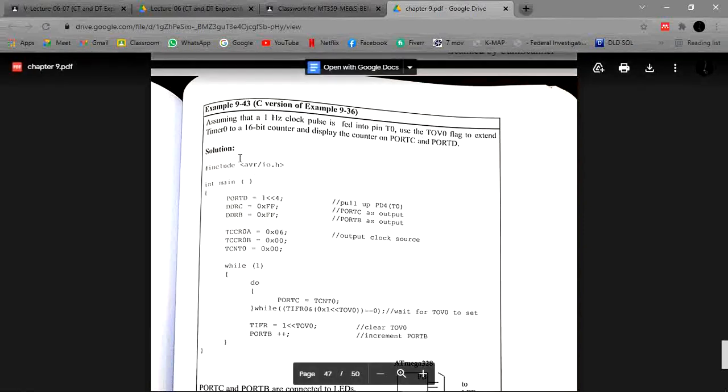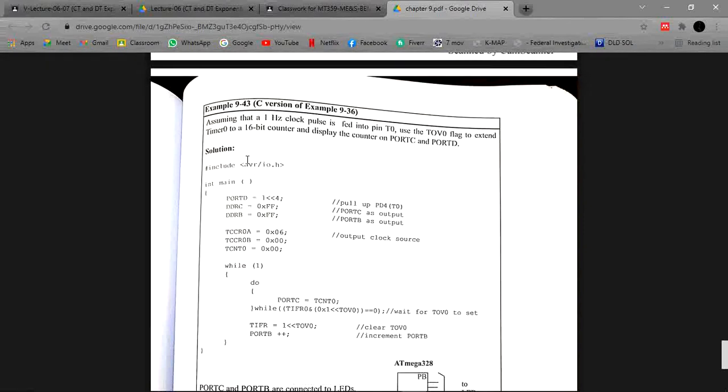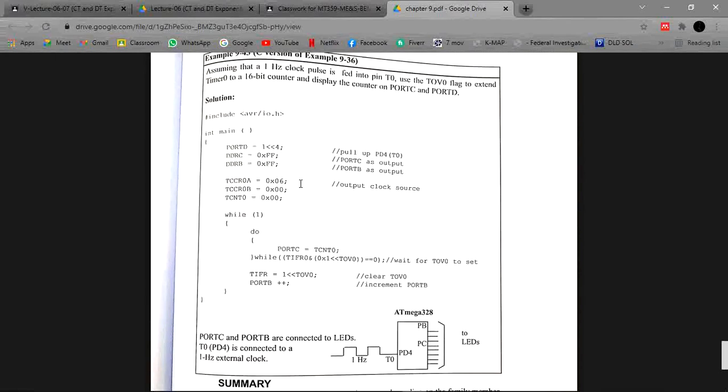Use the TOV flag to extend timer 0 to a 16 bit counter and display the counter on port C and port D. First of all we have to declare the header file, and then initialize the output ports with the help of the direction register, and here we use the pull-up resistors with the help of these shift operators, and after that we create the timer program with 0x0C and 0x00.